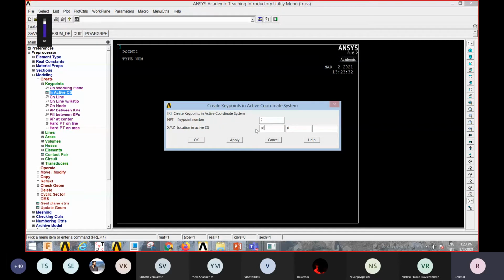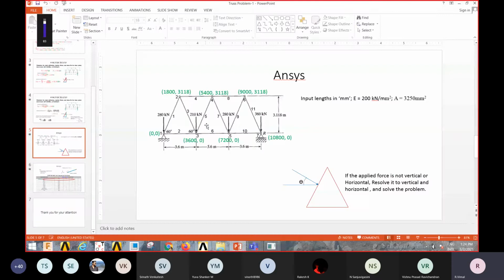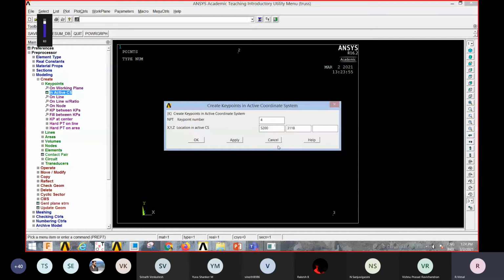For the second point, from that particular PowerPoint, we take this value 1800, 3118. Third point we enter. Go for the fourth point. In all these values, we are entering from the PowerPoint. 5200 and 3118. You can just check in the PowerPoint. I'm just having a doubt in the 5400. 5400. You have to be very careful when you enter the value.